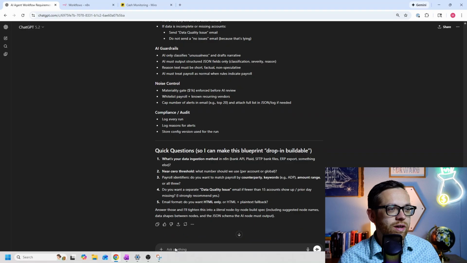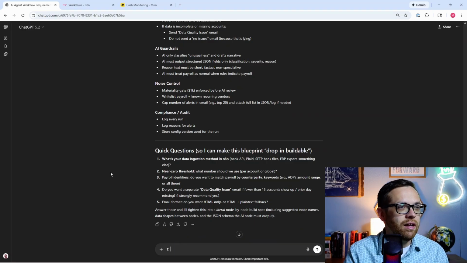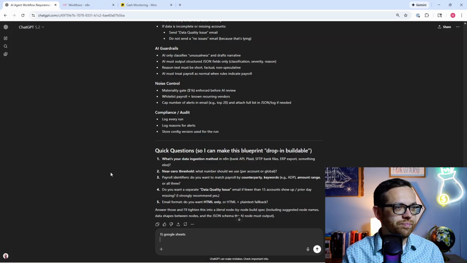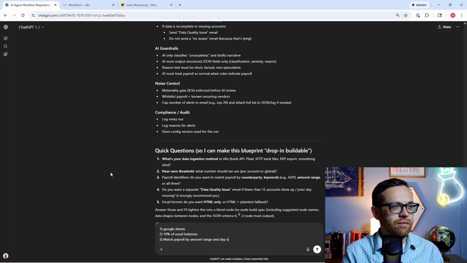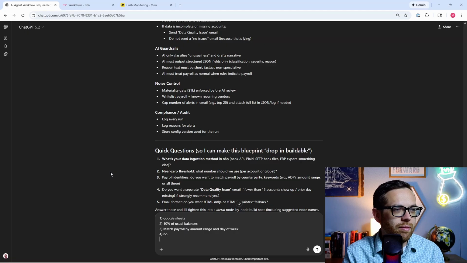All right, so here's the quick question, so we can make it drop-in buildable. Data ingestion method is going to be Google Sheets for this example. Near zero threshold, we'll say 10% of usual balance. Let's see. Match payroll by amount range and day of week. Do we want data quality issue? No. Email format,